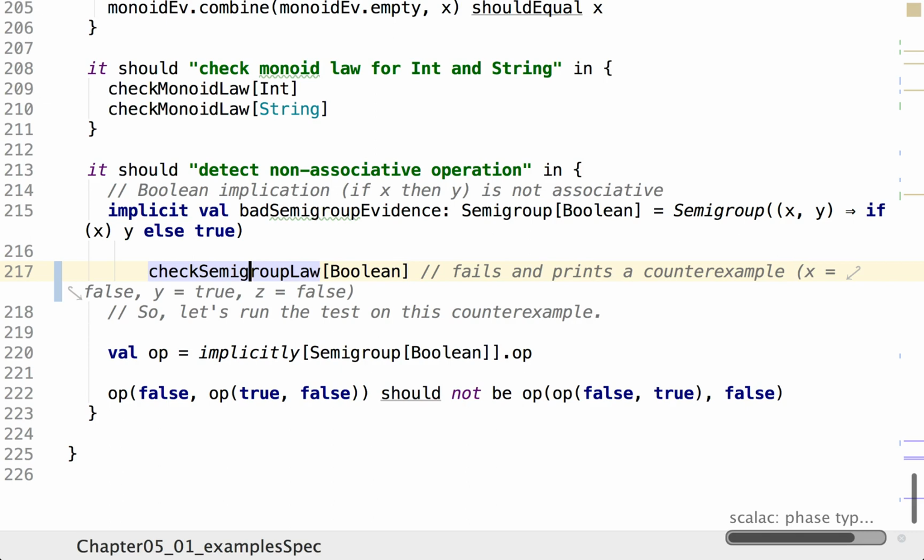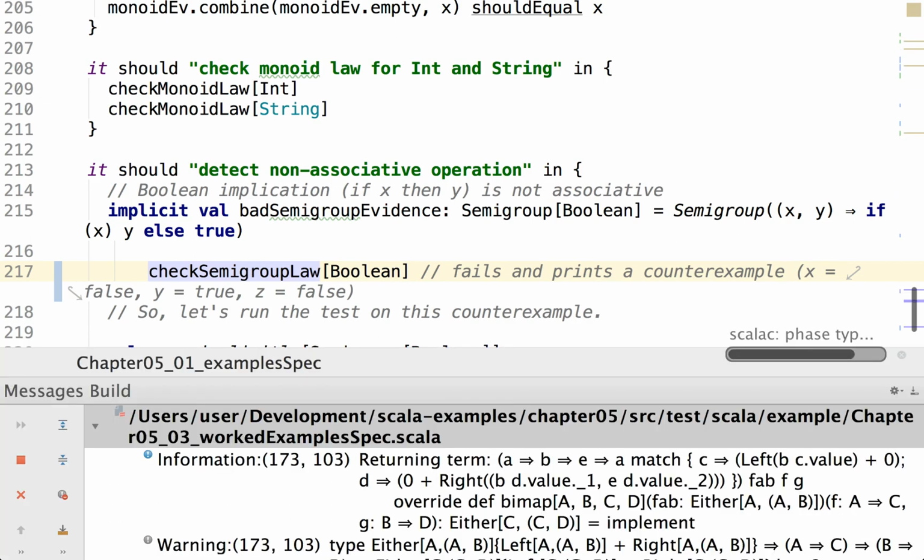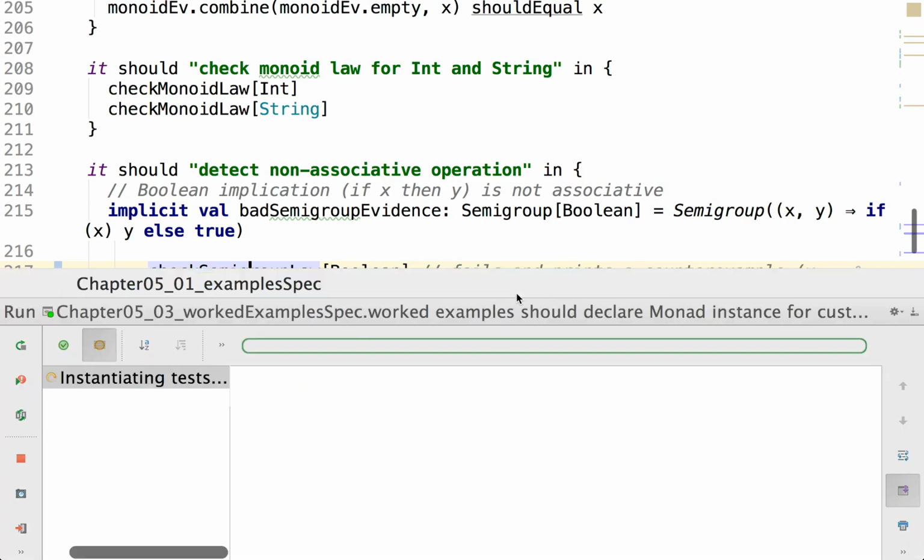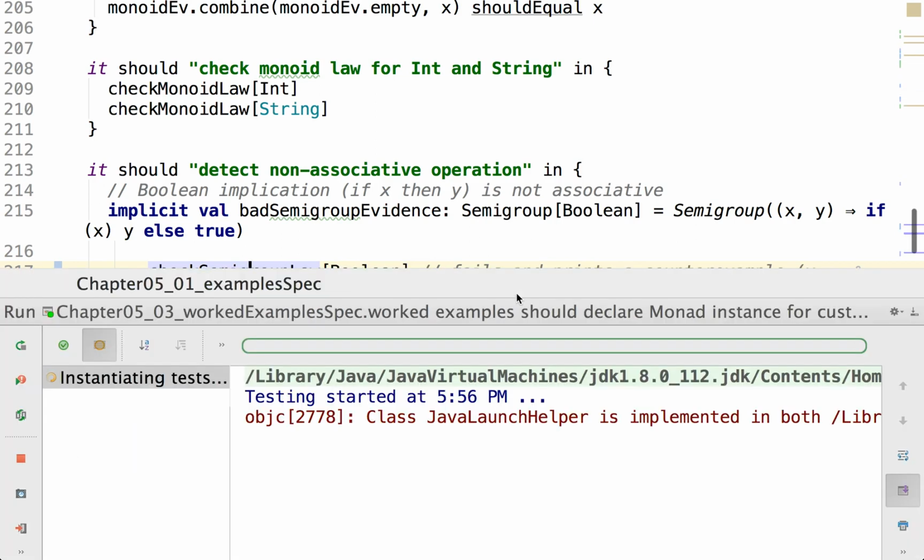And then I can write a test, or I can debug to see if this was a bug, to see why it did not satisfy the law, or I can write a test that will correctly pass the law. So let me just wait until this compiles. There's a number of things that it needs to do. And when this test runs,